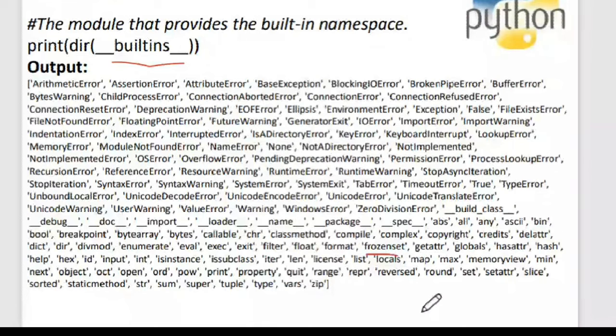Some of these are exceptions, some errors, which you also get when you are executing your program. All these are the internal, built-in identifiers that your Python uses. So by using the dir function, you can retrieve the identifiers.